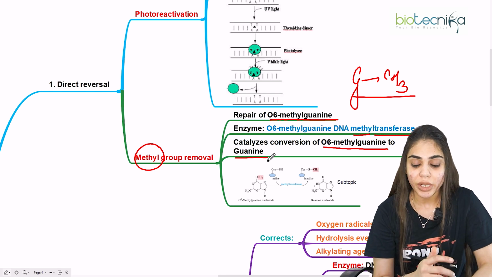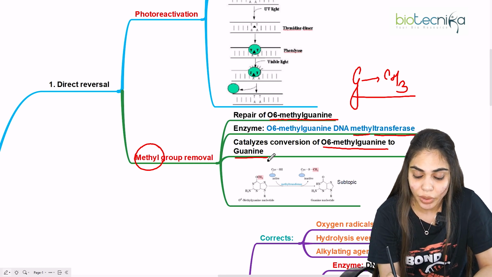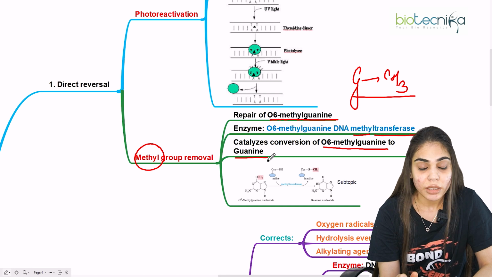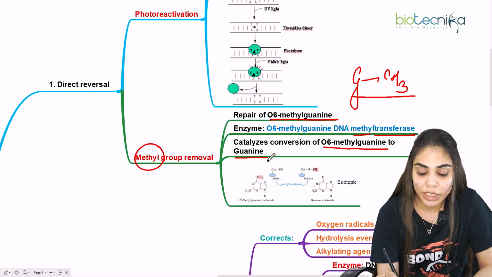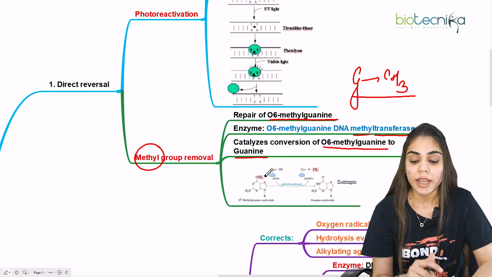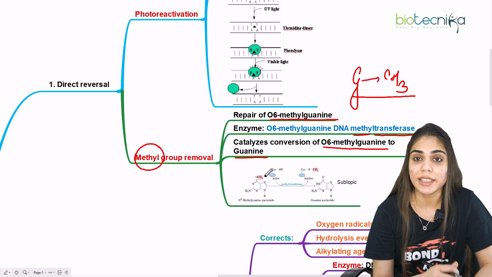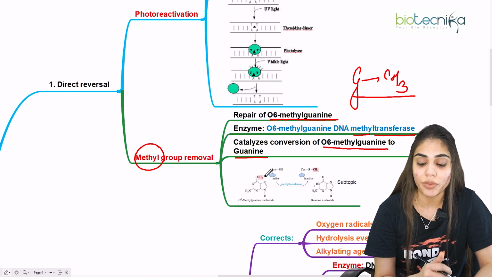Now you can see in the structure as well, this is O6-methylguanine nucleotide. It means the methyl group is added to the 6th position. This is 1, 2, 3, 4, 5, 6. At the 6th position, the CH3 group is added. And once the CH3 group is added, this will be recognized by a specific enzyme that is called